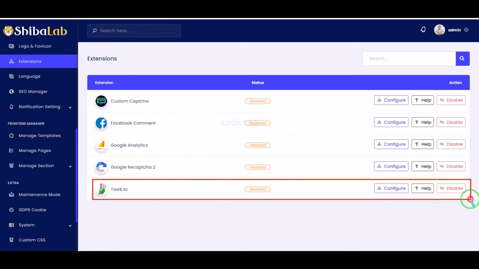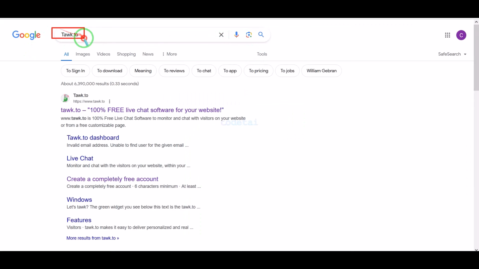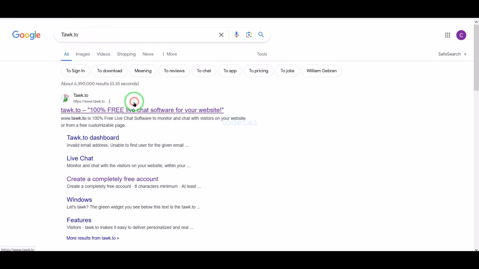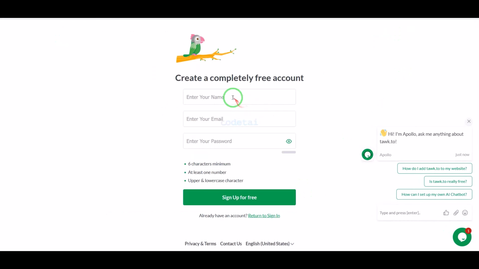We can add live chat to the website if we wish. Don't worry, I am teaching you how to add live chat to the website. For this we need to create a tawk.to account. We can create accounts for free.